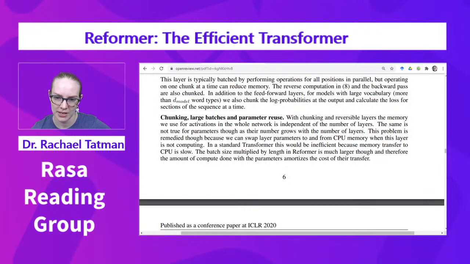This problem is remedied though. Oh, I skipped a sentence. The same is not true for parameters, though, as their number grows with the number of layers. This problem is remedied, though, because we can swap layer parameters to and from CPU memory when this layer is not computing. Okay, so